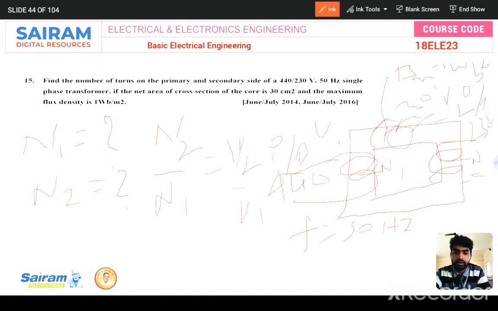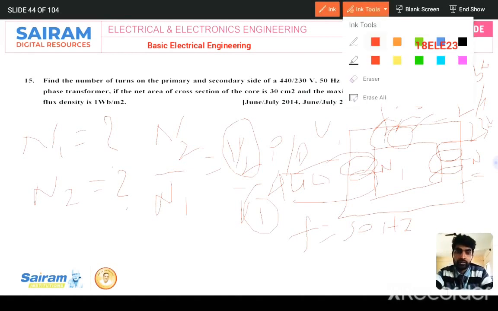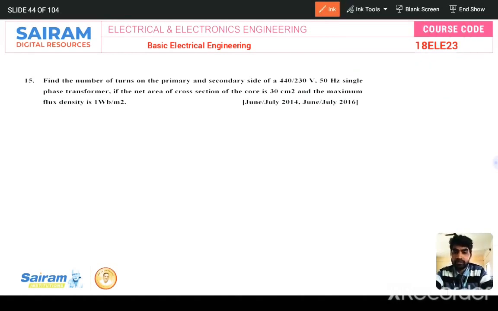This is the turns ratio formula. So V2 and V1 are given, but N2 and N1 we need to calculate. If one value is known, definitely you can calculate the secondary number of turns. First we need to calculate N1 or N2. How do you calculate that? By using the formula